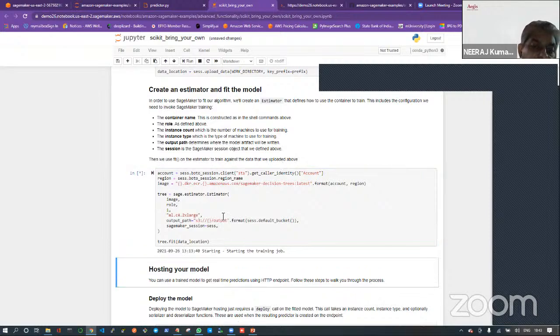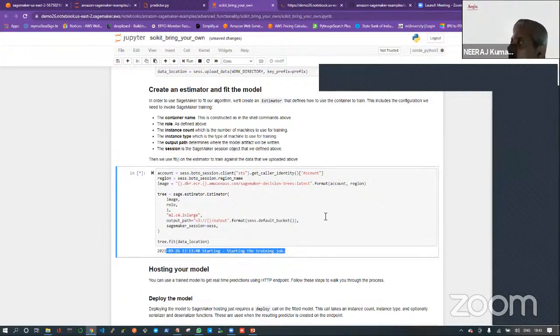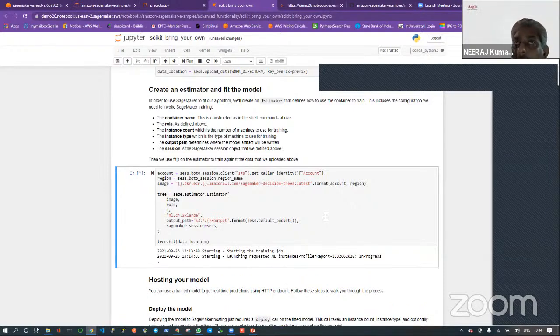So I started my training job. So you can see that my training job has started. As a data scientist, what you have done is just create a Python script and created a container where you are running your Python script as a Flask. Why are you running it as a Flask? Because you want to deploy it as a web application, so that any web client like a browser, Postman, or any web application or mobile application can consume your model. That's why it's wrapped inside a Flask. And we kept everything in a container. My Flask application, my script, my training model is running inside a container.